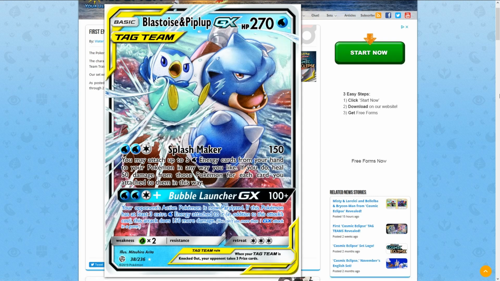But anyway, moving on, our third. I like this art too. I think Blastoise is looking a little chubby here. I think he needs to go on a diet. But apart from that,